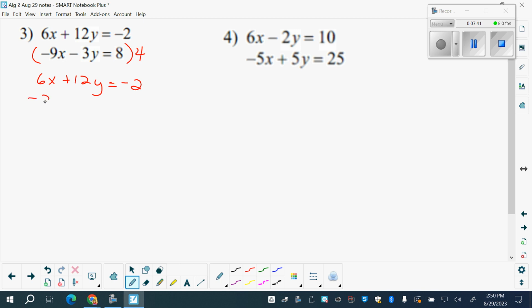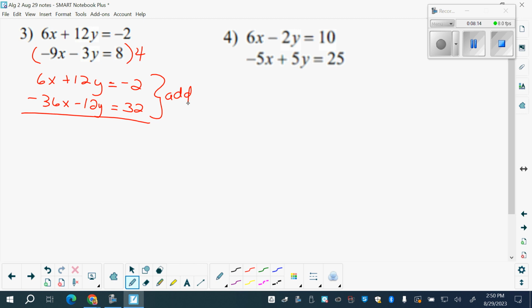36. -36x. Plus 48. So we're taking just 4 times. That's okay. I put 3 times 4. 12 times 4. It's 3 times 4. 12. So minus 12y, and then that's equal to 3 times 4. 32. Yes. Good. Okay, so now we can add, because we have these two that are opposites, and when we add them